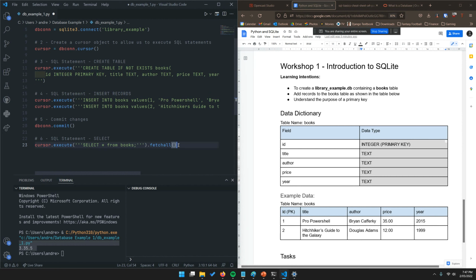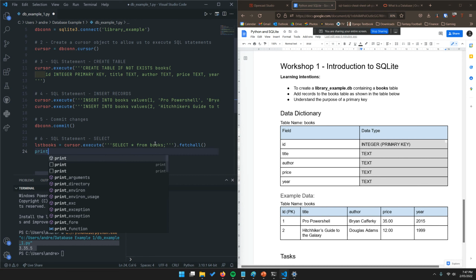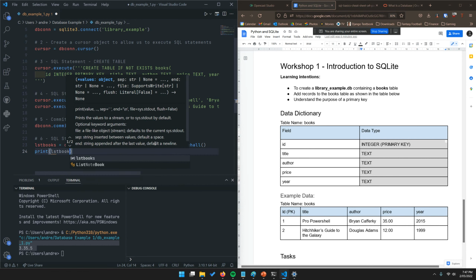So basically what fetch all does is all of the data that it receives, it's going to put into a Python list for us. And we all know and love Python lists because we can do cool things like loop through the lists using a for statement. So I'm going to capture this statement in a variable called list books and then print it back. So with a bit of luck,